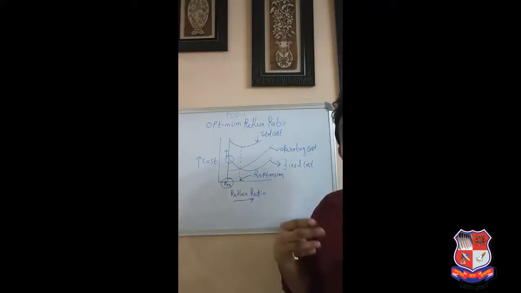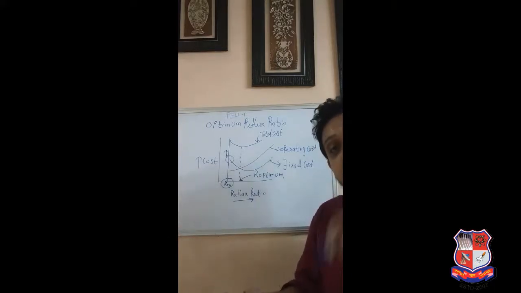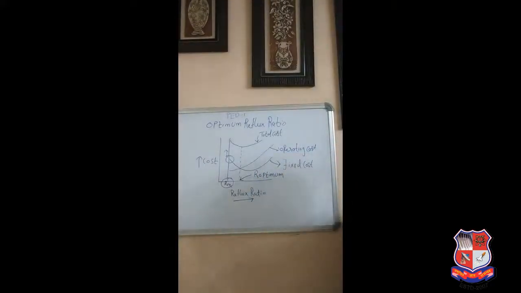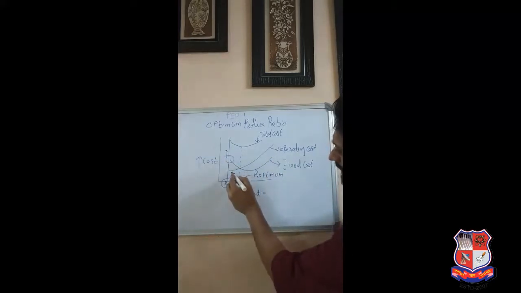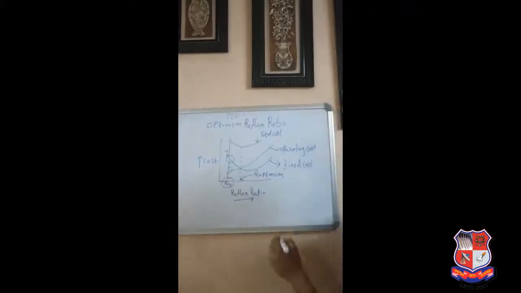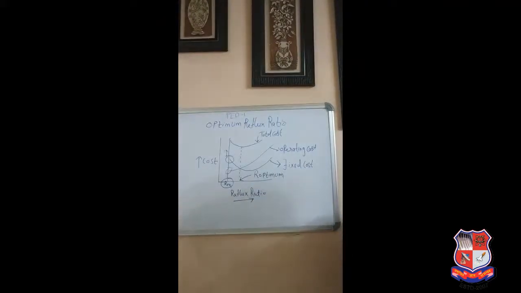But as you are increasing the reflux ratio, the diameter of the column, the sizing of the condenser, and the sizing of the reboiler will increase. That will eventually increase your fixed cost. So you cannot run your column at a very high reflux ratio either. It will increase your fixed cost. Right? Now, as you are increasing your reflux ratio, your operating cost is also increasing. Why is the operating cost increasing? It is very much less at minimum reflux ratio. It is very much higher at higher reflux ratio.